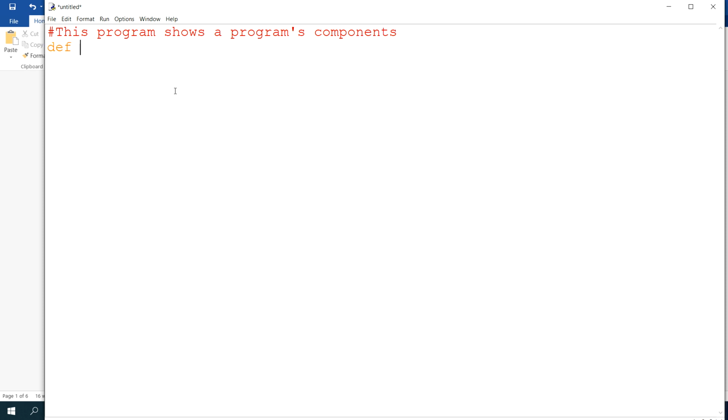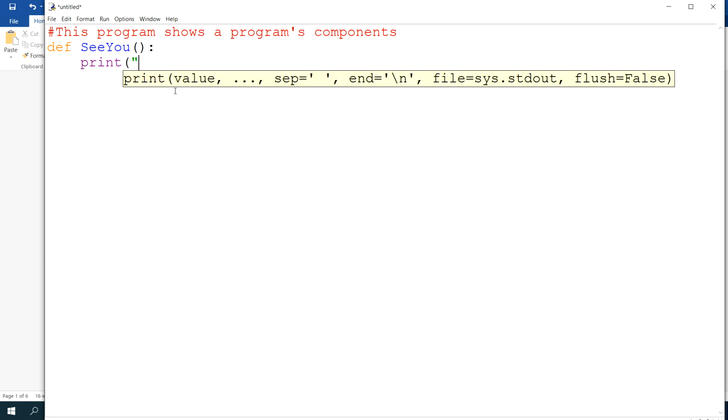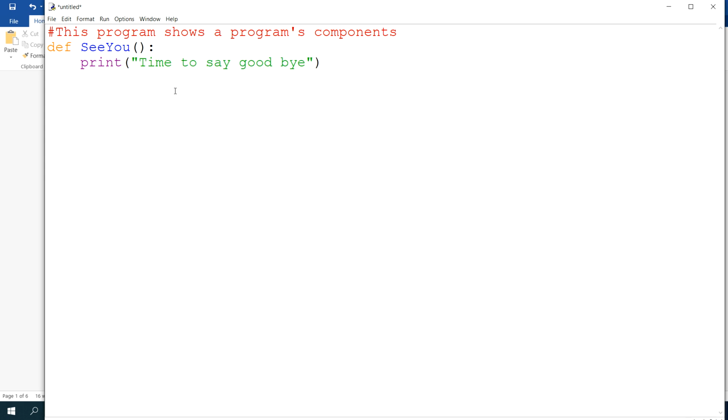Here one thing I am writing, def keyword. The def keyword is used to define a user defined function. Here print, the print statement, is used to display the output. Time to say goodbye. And this program you can see in your Sumita Arora computer science book. Here the main program code follows now,